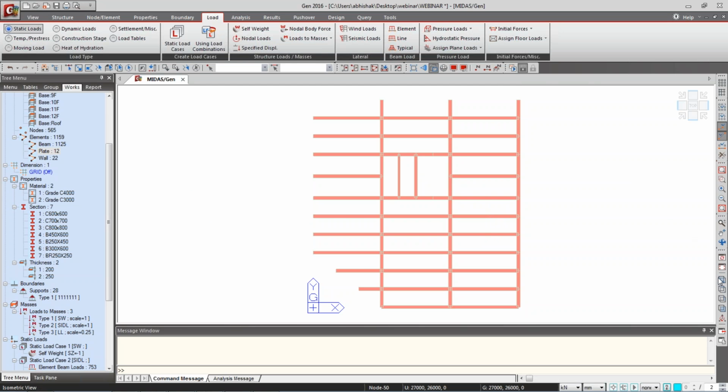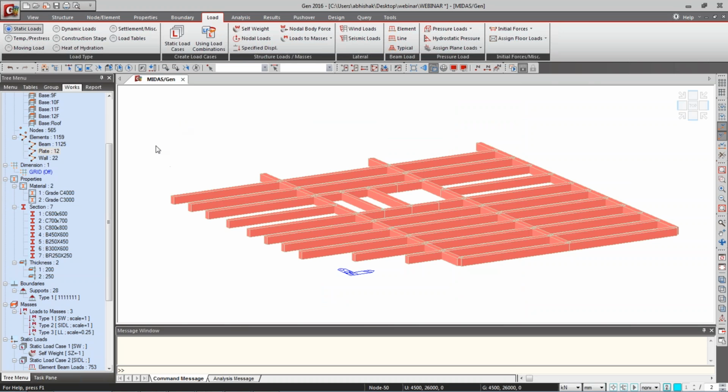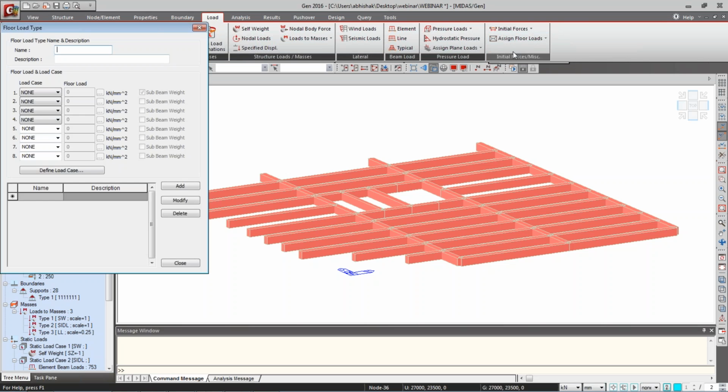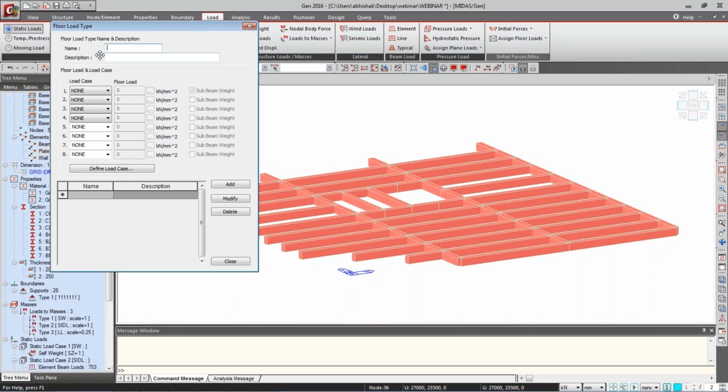So first we have to define the cases, meaning we have to generate the group first, and according to the grouping we have to define our values. I just say assign, come to the loads, static loads, and here assign floor loads. You have to consider a defined floor load type. So in the defined floor load type, I just come here, name, say typical,